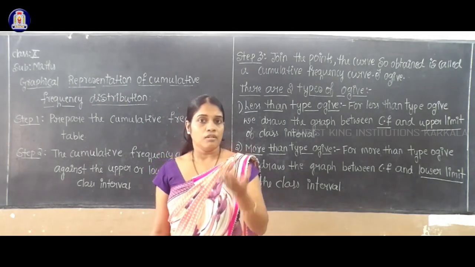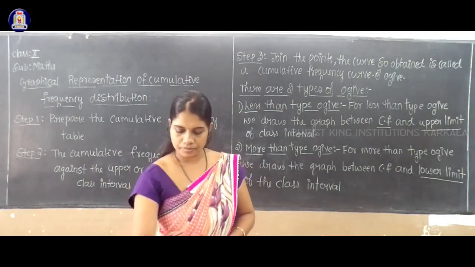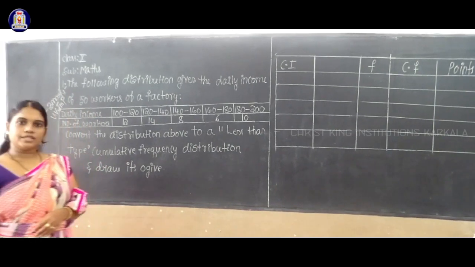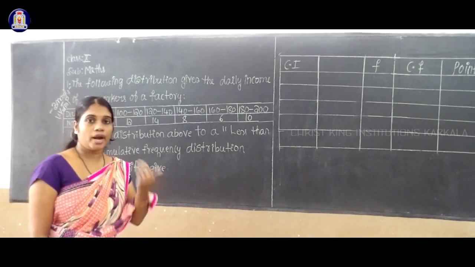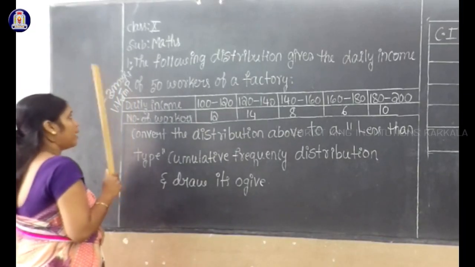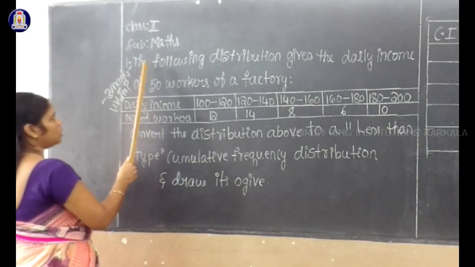So next we will discuss how to draw the graph. Next we will solve the questions related to the less than type ogive and more than type ogive. This is a very important problem and a 3 marks problem. So the question I consider: the following distribution